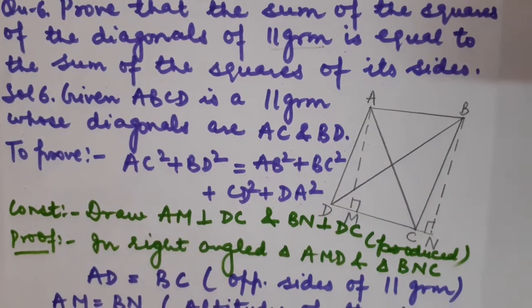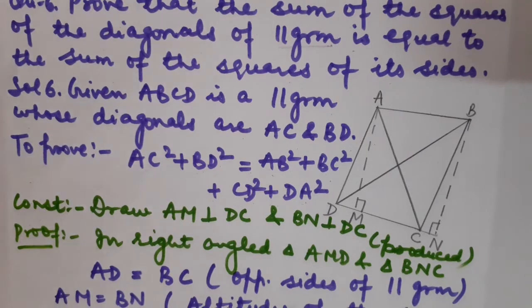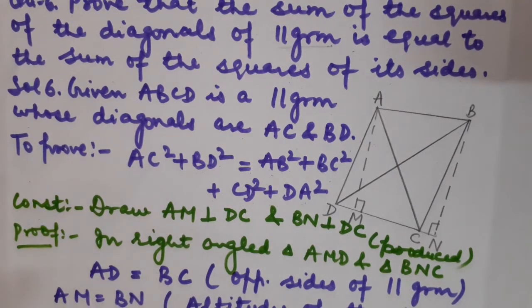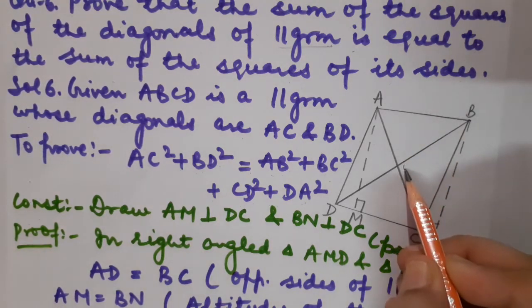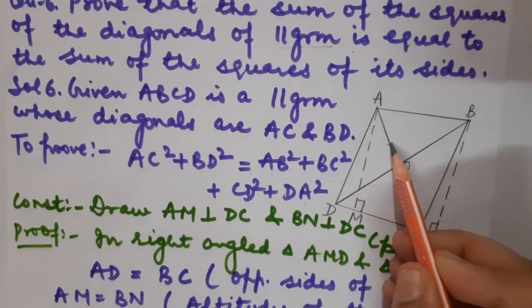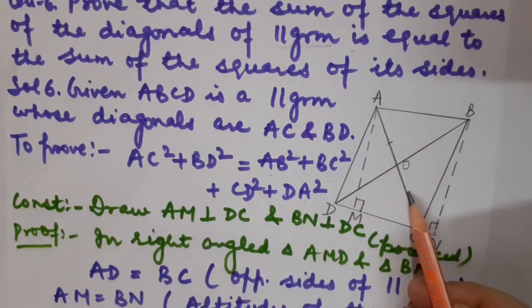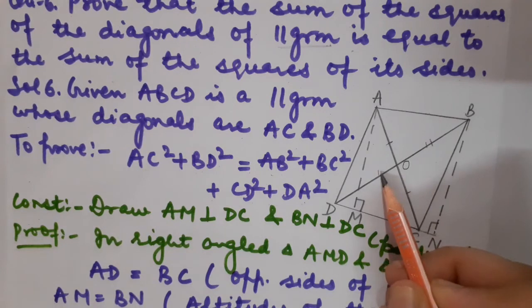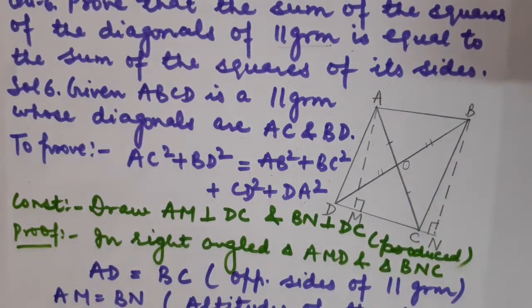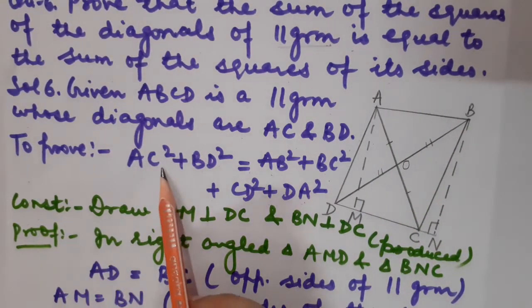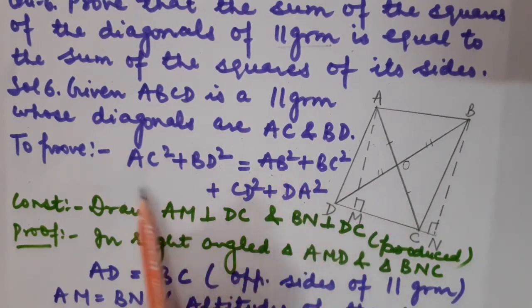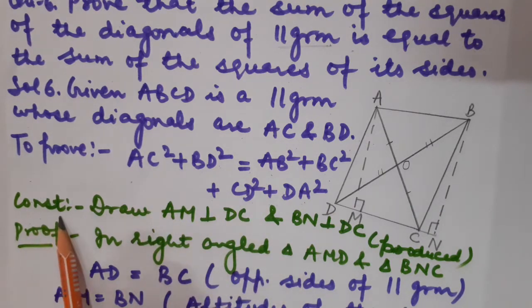Clear? Now, as I told you, in a parallelogram, diagonals bisect each other. So they are just bisecting each other. Means we can say, suppose here I take point O, so I can say that AO is equal to OC and BO is equal to OD. Fine. So definitely, as I have to apply Pythagoras theorem to reach this result, I require a 90 degree angle for that. So let us reach the construction.